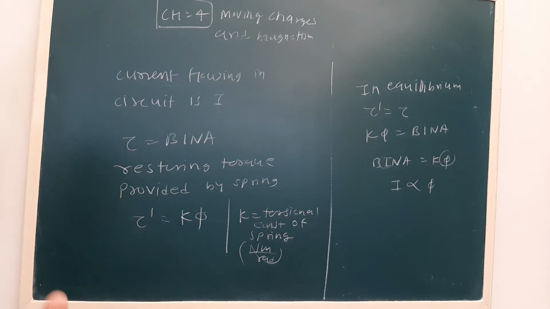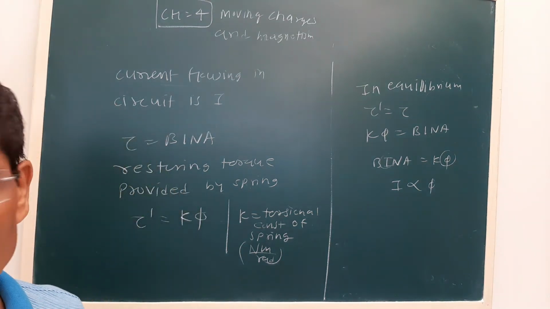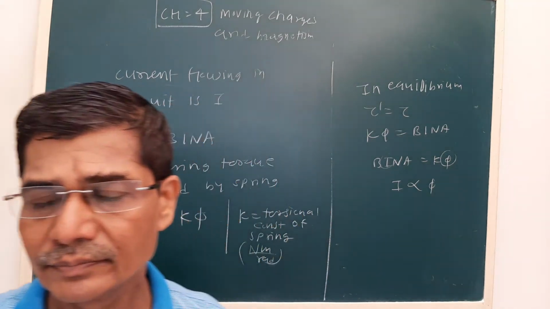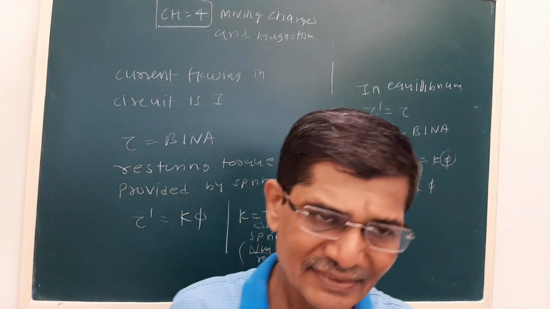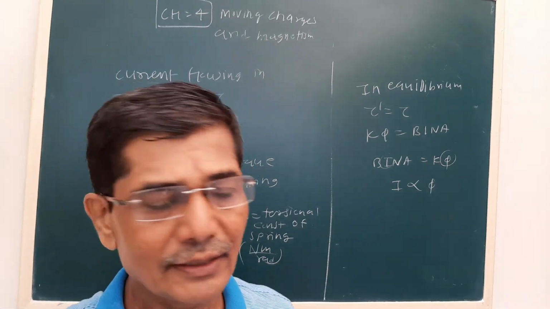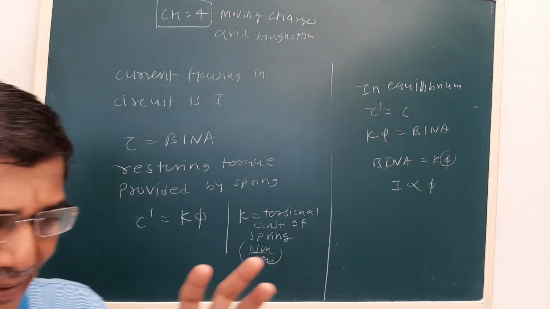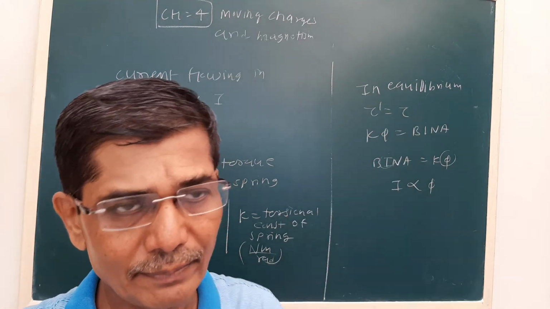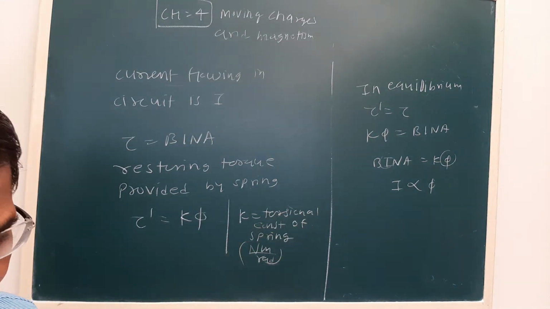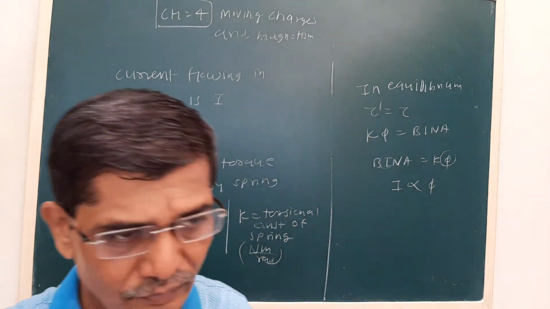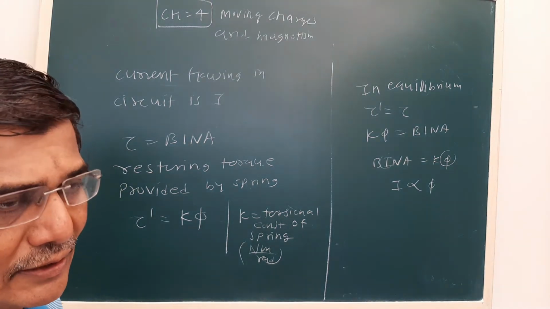As I told, this is used to basically detect the current in the circuit. Now, among the devices we come across is our electricity meter, that is the watt hour meter. Nowadays they are electronic, but earlier it was working on the same principle. Similarly, the meter used in our rickshaw, which counts our bill, or how much amount it will charge, also works on the same principle. The speedometer of our vehicle also works on the same principle. So basically, this is a device to detect the current.